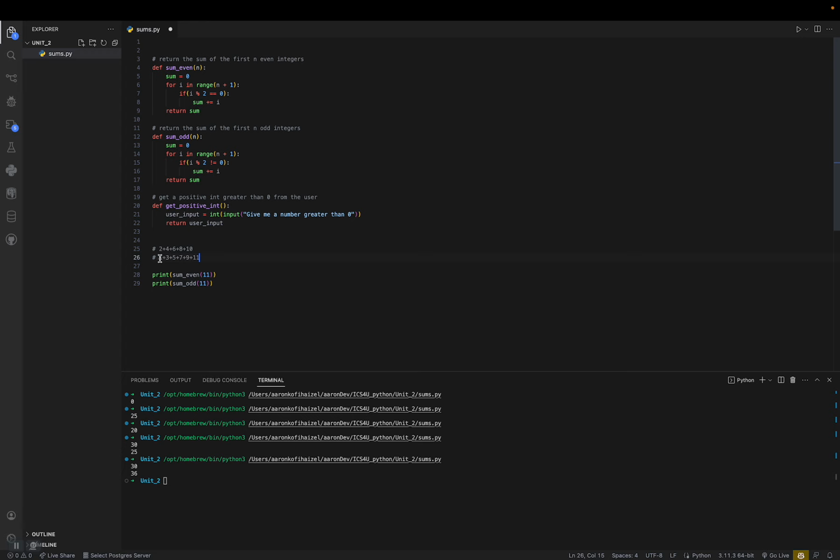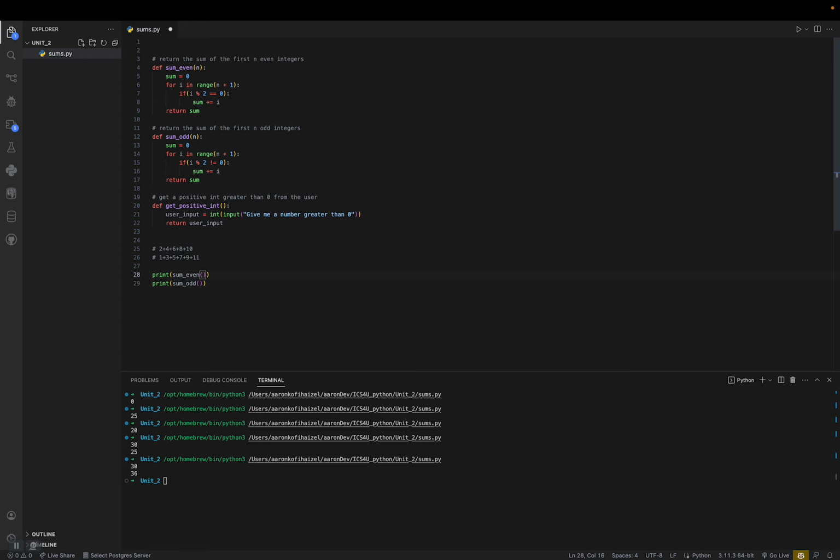Yeah. So we know up until here it was 25. 25 plus 11, 36. Okay, so it's working. So all I needed to do was increase our index, our range, by 1 so that it includes actually the last number that we want to look at. And then we can test